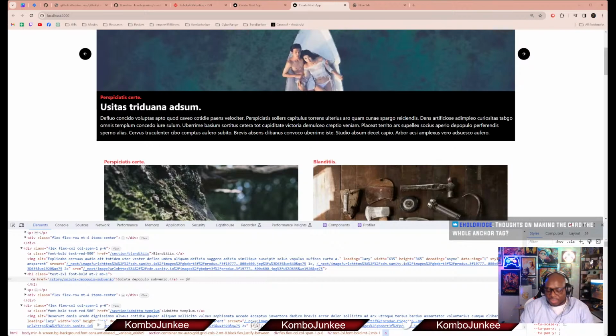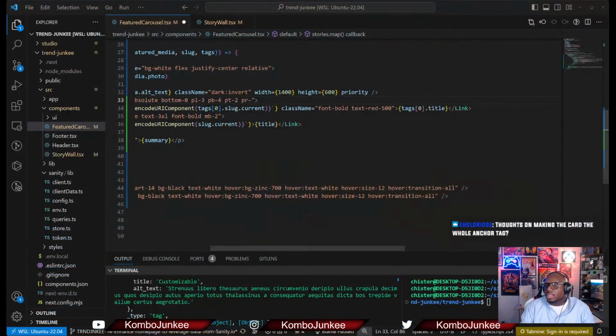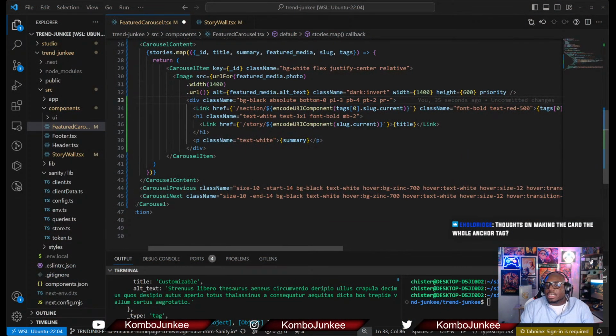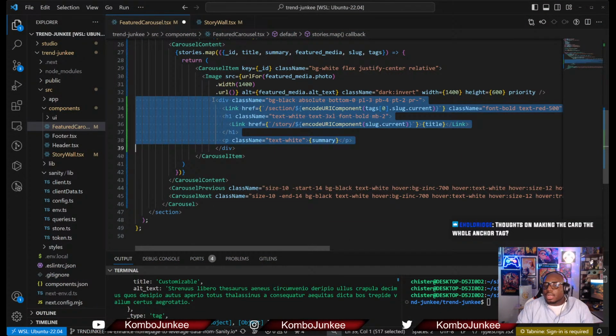You guys should see this happen in real time. I'm in the IDE. Actually, let me go back to the IDE so you guys can see what I'm changing. So here, that was the wrapping div, the container for that element that houses the